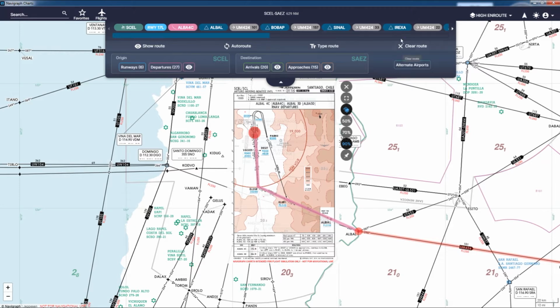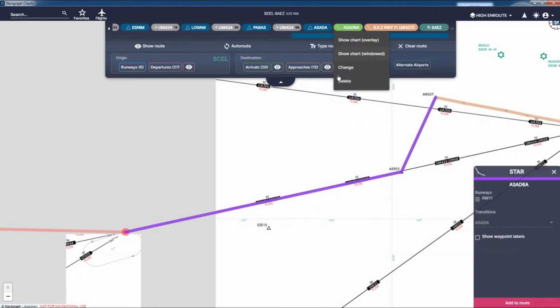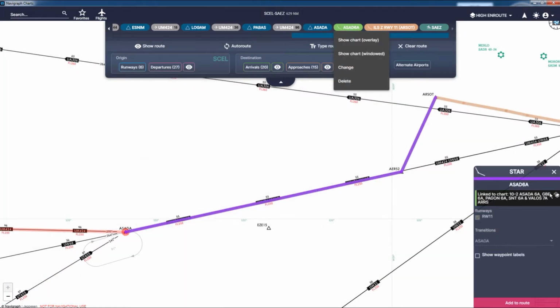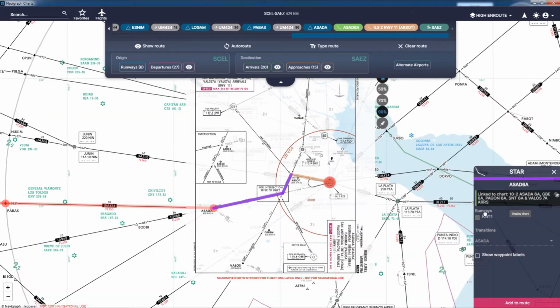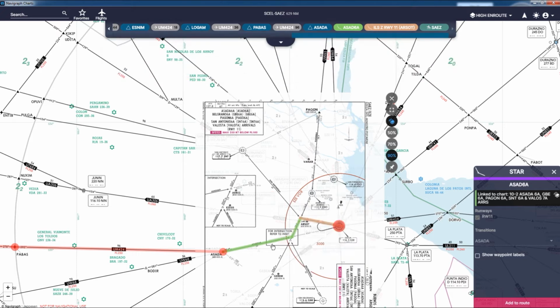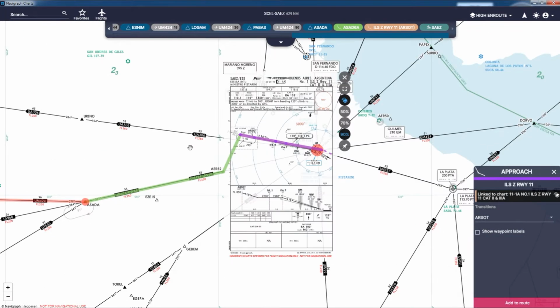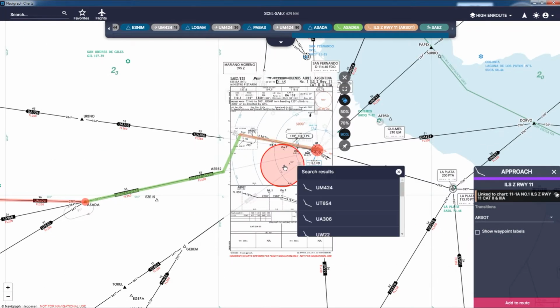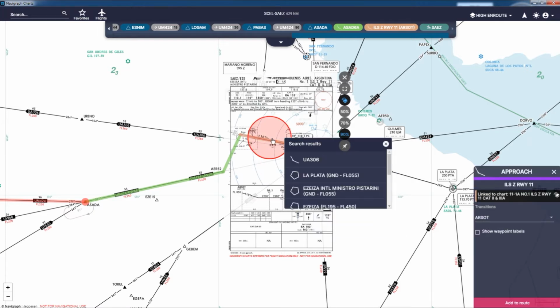And going across to Buenos Aires, we've got the standard arrival, which is the purple line here, and we can pull up the chart for that, overlay it onto that, and it'll give us our waypoints and so on for that standard arrival, which is in green. And then doing the approach, the ILS approach, the purple line there, we've got the charts also for that, which overlays onto the map, and from that we can assess the glide slope,